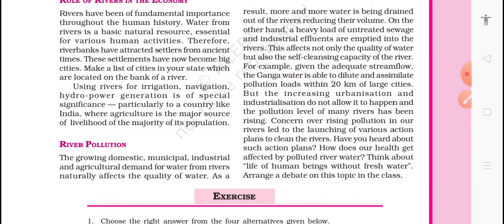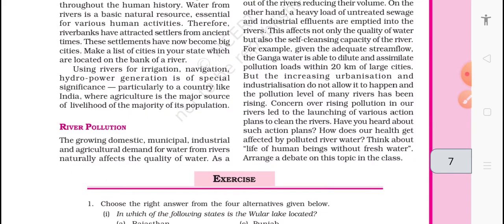For example, given adequate stream flow, the Ganga is able to dilute and assimilate the pollution load within 20 kilometres of a large city. But the increasing urbanization and industrialization do not allow it to happen, and the pollution level of many rivers has risen. Concern